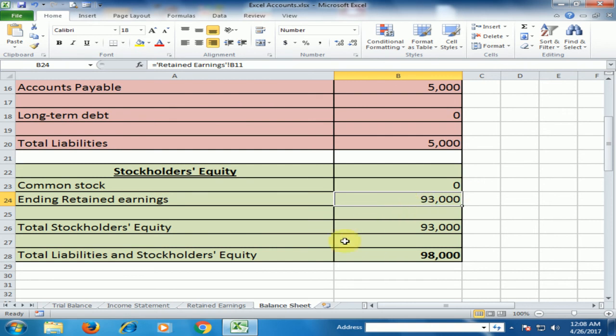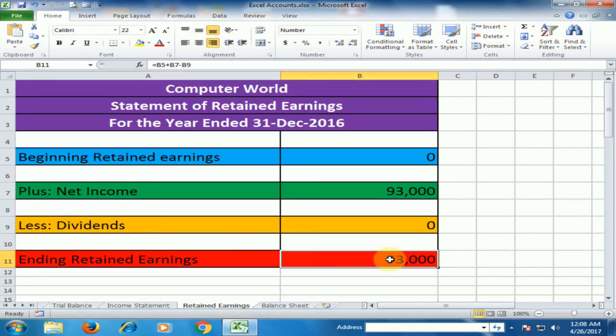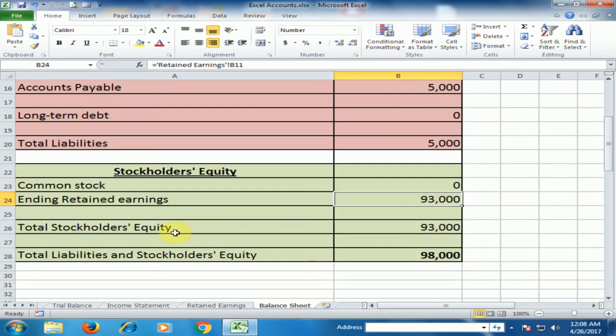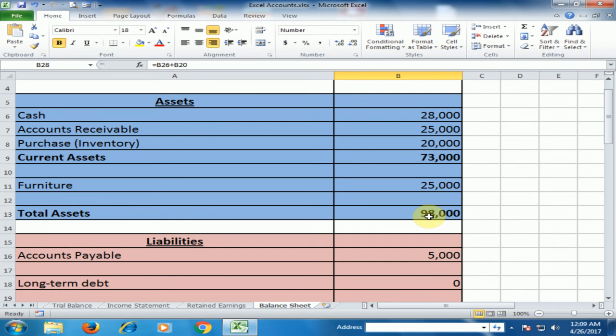You can get this value from the retained earnings account, and total stockholder equity is 93,000, and total liability and total stockholder equity is 98,000. You can plus this amount and this amount. Now you can see here 98,000 is